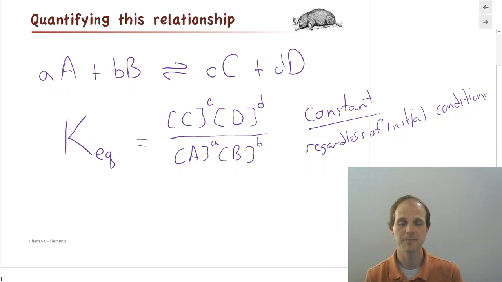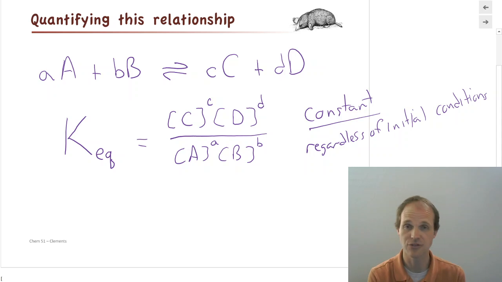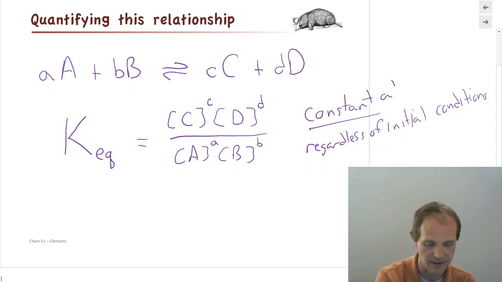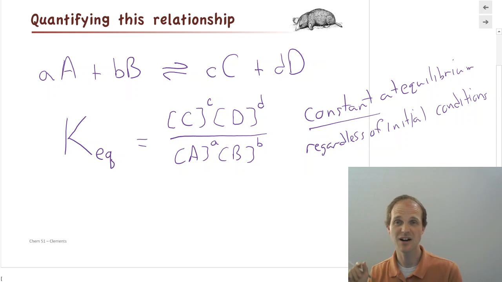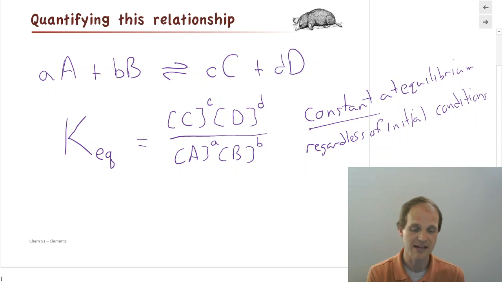So just to make an example, let's say I have a reaction and K is equal to 50. It turns out if I start with all reactants, A and B, let it react, come to equilibrium, I calculate K at equilibrium, right? This is only true at equilibrium. If I calculate K, it'll be 50. I start with 500 times as much A as I have B. I let it run and come to equilibrium. I calculate K, it'll be 50.